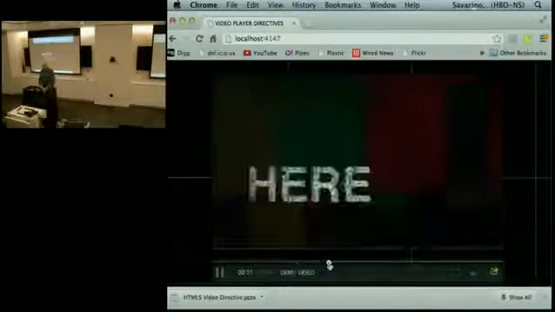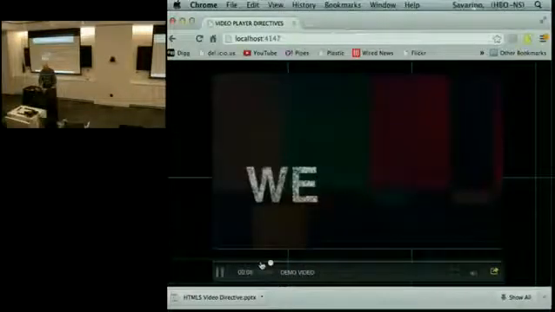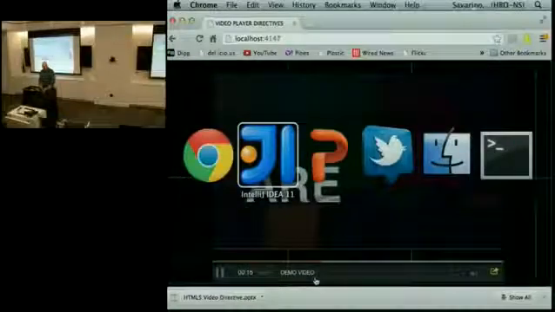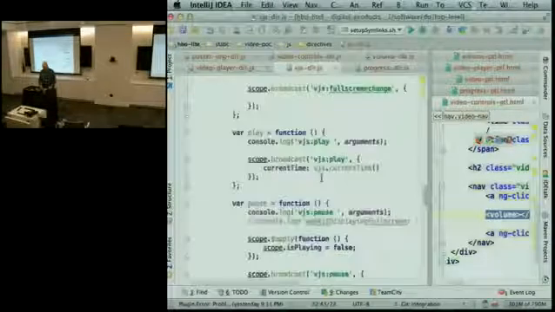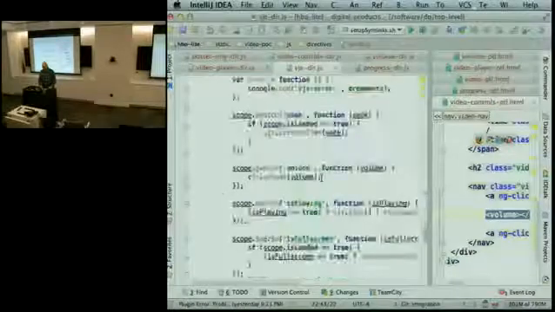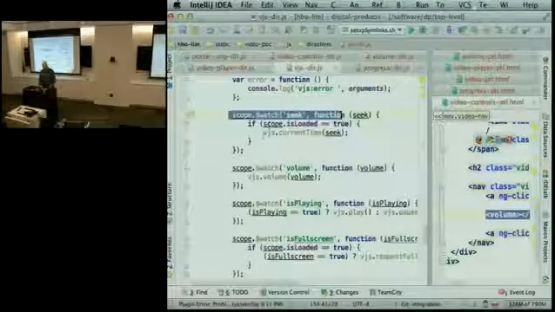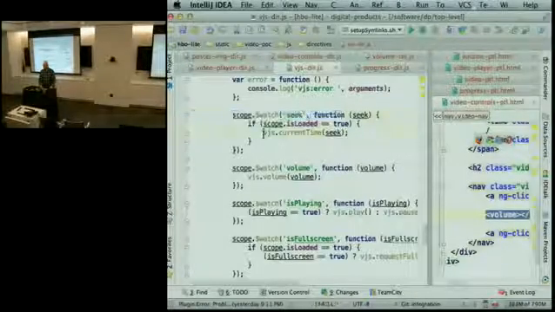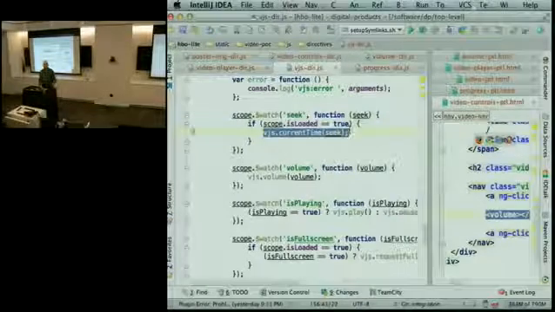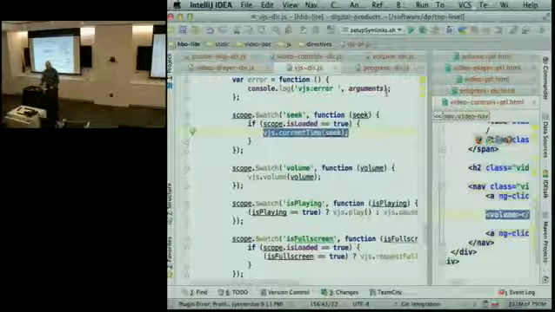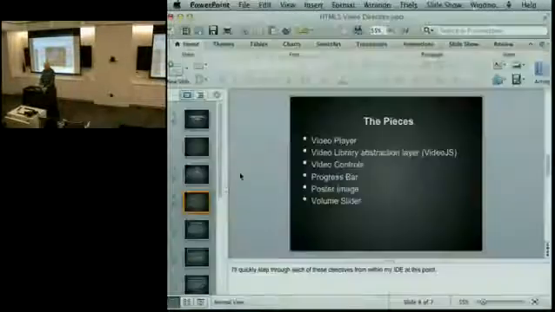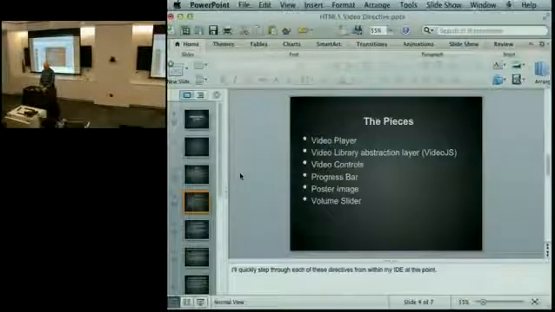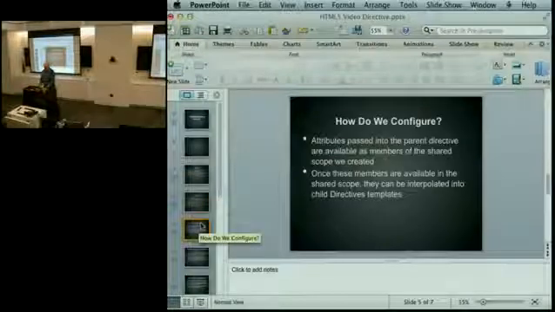You can see how the seek is being set and passed down to this directive here. We're watching that somewhere in here. Here we are, right? And then just calling in turn video.js's currentTime method, which is going to update our video to a different point. So that's the overview. Those are all of the pieces that make up this set of directives. How do we configure it? So as I briefly mentioned,